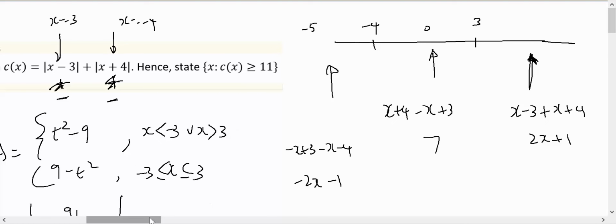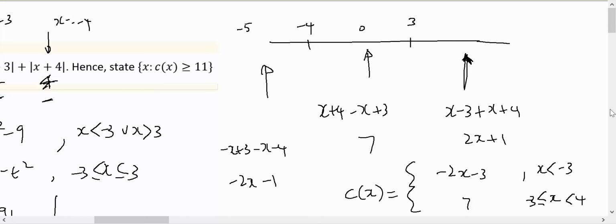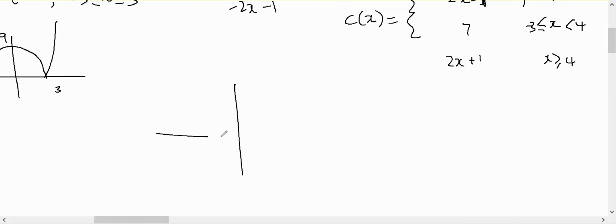So what does c of x look like? C of x is the hybrid function. When x is less than -3, it's equal to minus 2x minus 3. When x is equal to -3 but less than 4, it's equal to 7. And when x is bigger than or equal to 4, it's equal to 2x plus 1, and that was minus 1. And the graph of c of x will be